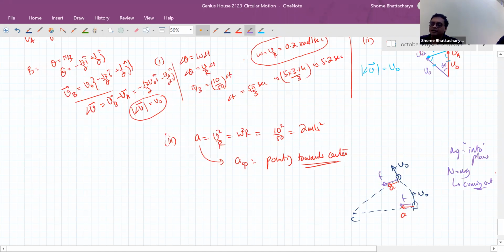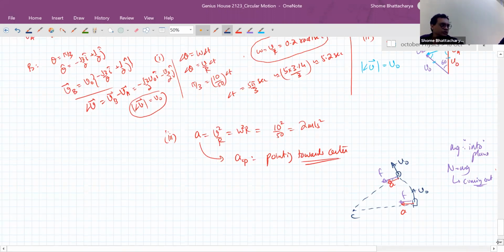And that is why on a flat road, to make a circular path, we need a lot of friction. That is why roads are actually banked. If you've seen those car races like NASCAR and all, you will see there's a very pronounced steep angle. In commercial roads it's not so much, but even in flyovers and highways you'll see it. What that does is it changes the direction of normal reaction, so it gives the normal reaction a centripetal component. That helps in overcoming this problem of too much friction required and the tendency to slip. So the banking angle of a road is one of the first things we'll see when we come to dynamics of circular motion. So we'll come to that.